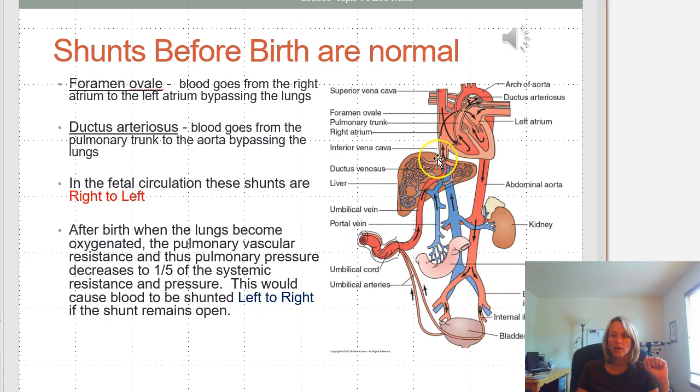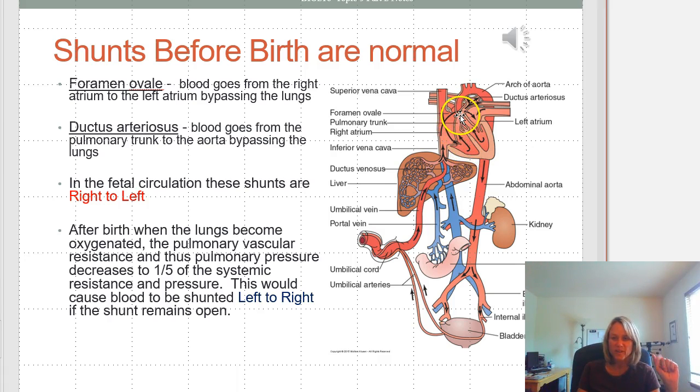So blood returning to the fetal right atrium, because the pressure in the fetal circulation is greater on the right side than the left, some of that blood gets shunted to the left atrium, bypassing the lungs, and then it goes into the left ventricle and out the aorta. Some of that blood does go into the right ventricle and gets pumped to the lungs, okay, or at least